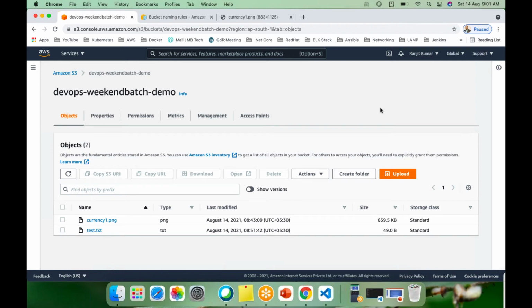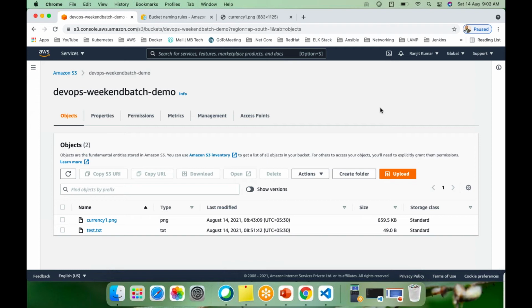And the entity tag changes based on the object's versions, right? So if you want particular versions of objects to be retrieved, you have to use the entity tag. You have to use this entity tag in your programs, not in your URL or in any browser. Suppose you are writing a Java program or C program or any Python program, you can use all these options to retrieve the object.